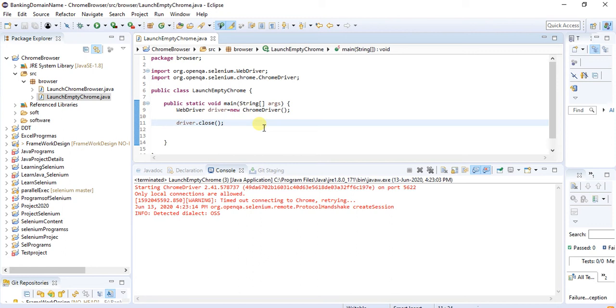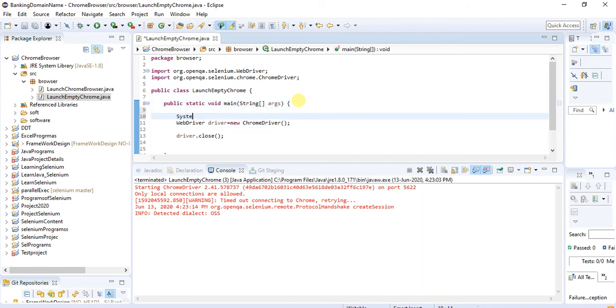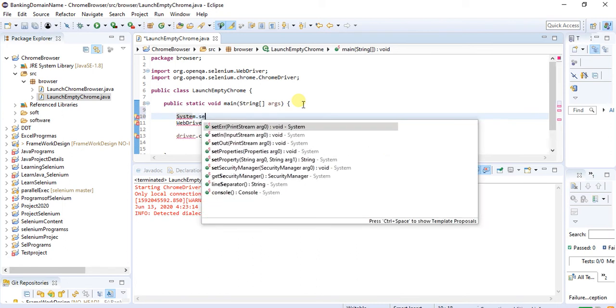Now I am going to show you how to set the path of the Chrome driver. For this, System, you have to select setProperty.